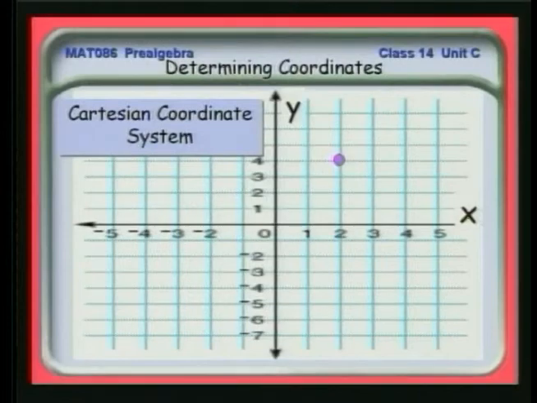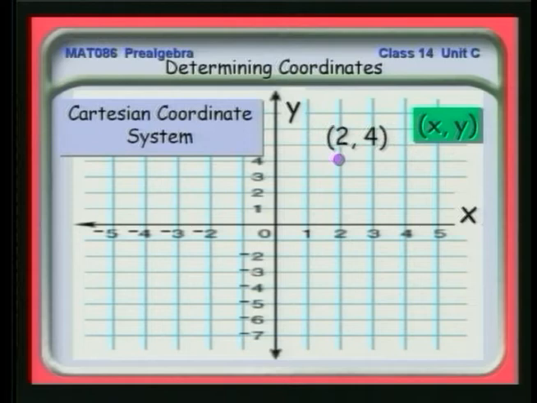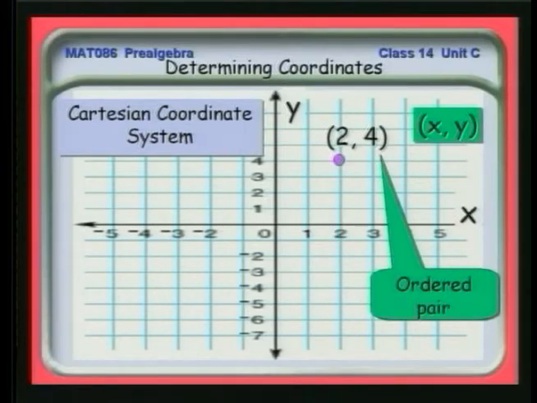Therefore, we use the word co-ordinates. For example, suppose I have a point there. I can describe where that point is by giving you two numbers. I can give you an x value and a y value, and it's often written like this. In this case, I can say that this point can be described mathematically on that coordinate plane by the numbers 2, 4. These numbers are called an ordered pair.